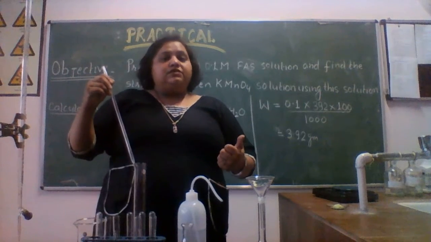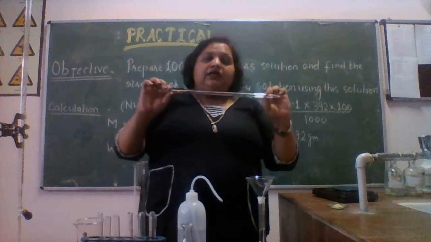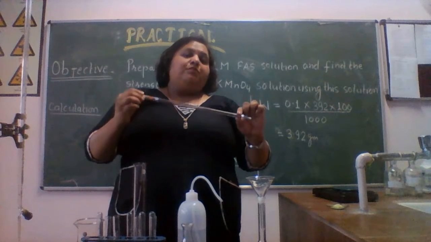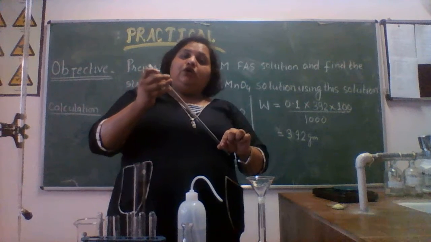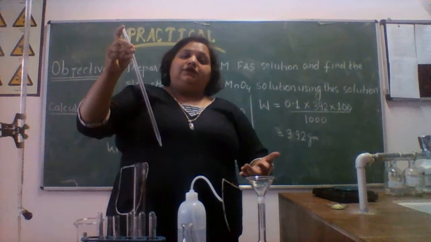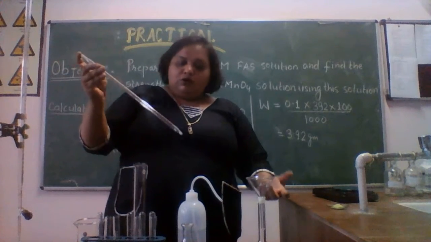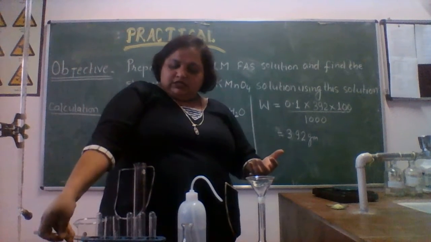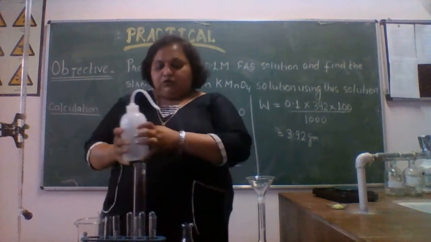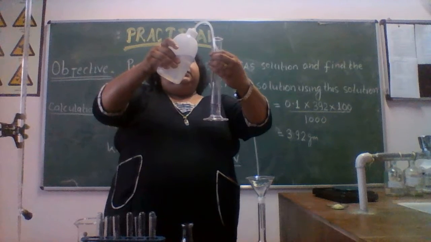help of this measuring cylinder, but for the last few drops, with the help of this pipette, the movement of the solution through this pipette is by the theory of the atmospheric pressure, and you can control the flow of the solution through this just by the movement of your hand. So for the last one drop, you can use this pipette also. It depends upon how much practice you have of the things, right? And before that, I am just going to take the 80 ml through this measuring cylinder.